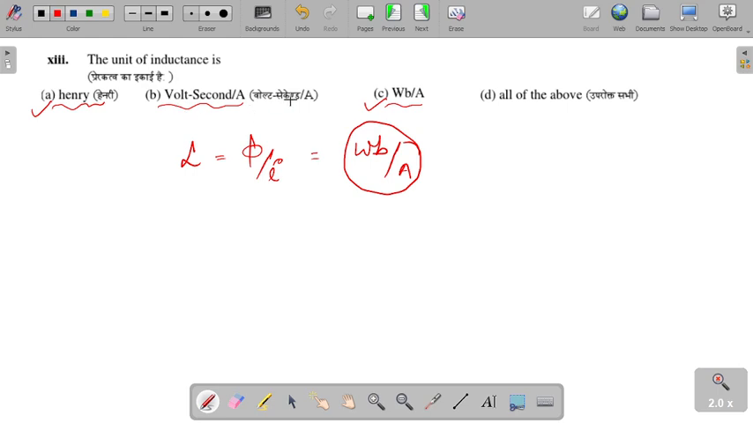वोल्ट सेकंड पर एम्पियर, ये भी सही है। तो इसका राइट आंसर क्या हो जाएगा? ऑल ऑफ द अबव। यूनिट ऑफ इंडक्टेंस इज हेनरी, वेबर पर एम्पियर, वोल्ट सेकंड पर एम्पियर एंड ऑल ऑफ द अबव। सारे ऑप्शन सही होंगे इसके।